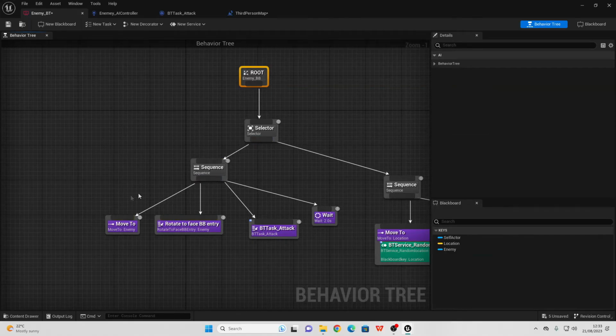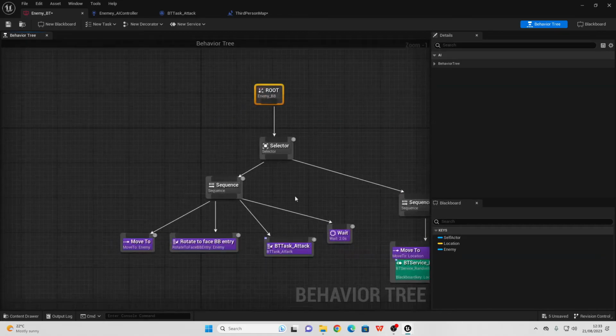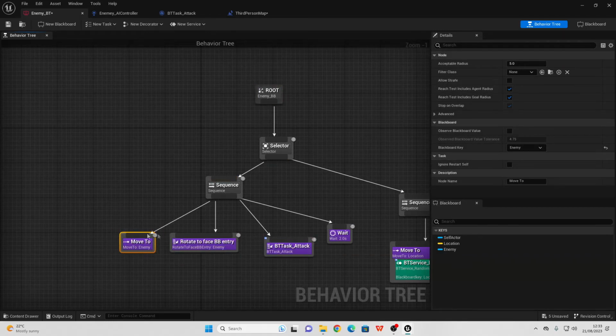So make our AI move towards our enemy, then rotate towards them, then attack them, and then wait 2 seconds. And then with our selector, if all of this is successful, then it's just going to repeat all these nodes again. So it's only going to run all the nodes here, and it will never end up running the nodes here. However, if say our AI does not have an enemy to move to, then this is going to fail,